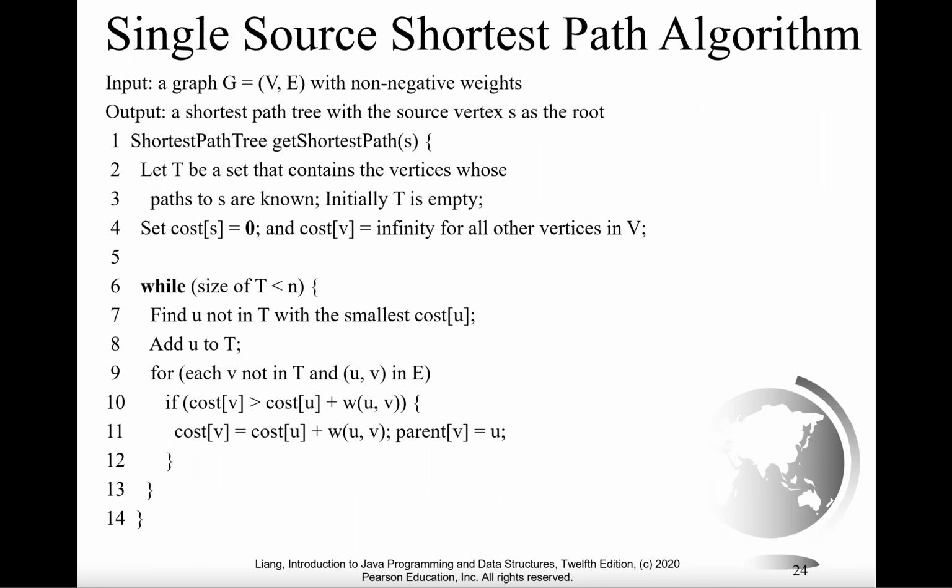Here in this shortest path algorithm, the cost of V is the distance from V, so V is not in T, to the source. That is the cost. So if we don't know it, that's infinity. If we know it and we have a cost, in the process, we keep updating it. So we will find a better way and to get the shortest distance. All right, so let's look at this